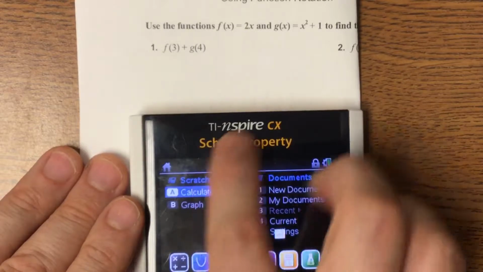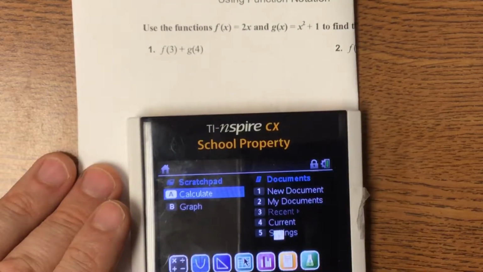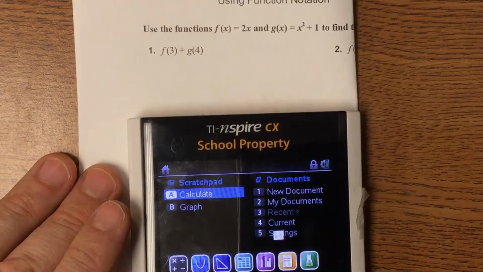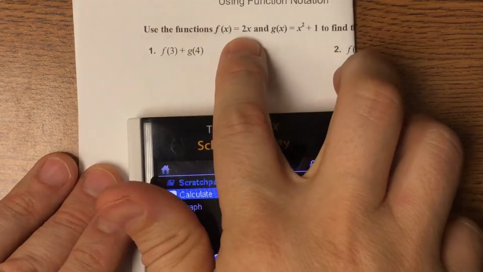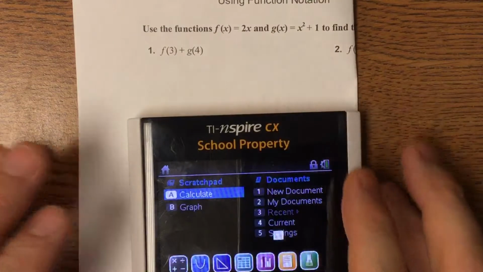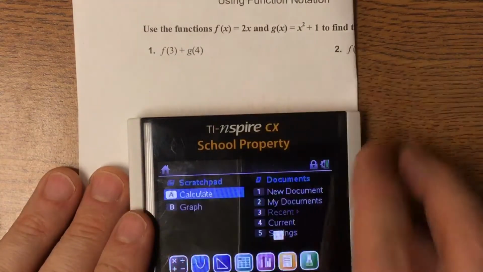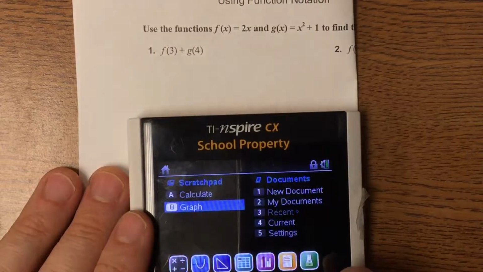So what I'm going to do is type in, let me try to fix my zooming problem. It's getting blurry, so I just fixed the auto lock, so hopefully it won't be zooming in and out again. So I'm going to go ahead and put in both of these equations. Let me show you how the calculator works. I go to